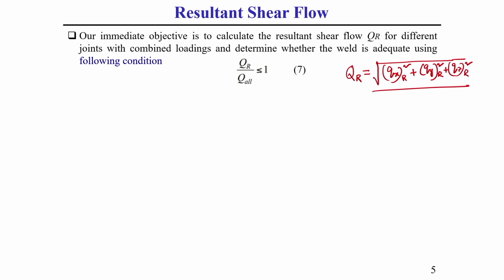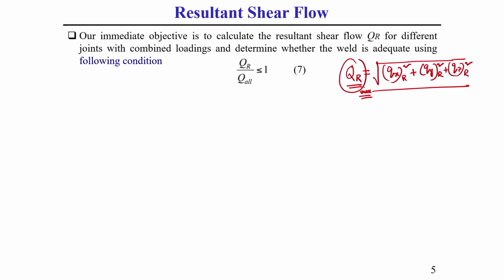So, if a structure is subjected to different types of loading, that is how to find out the resultant shear flow, that idea you got. This resultant shear flow you should keep in mind, should be the maximum shear flow of that welded joint. So, you should choose those locations where you are getting the shear flow in different directions which are maximum in nature. This resultant shear flow you got, you need to compare with allowable shear flow.